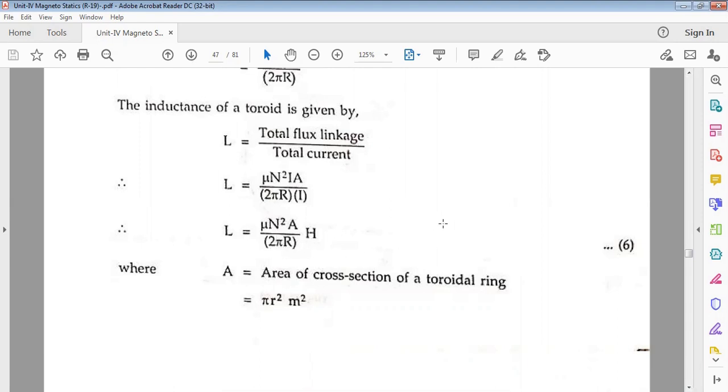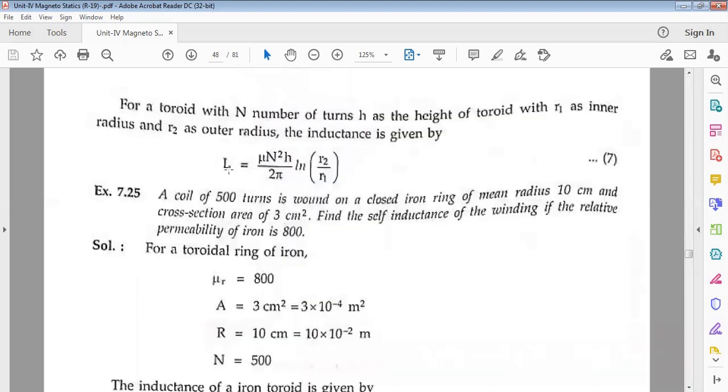Got it, my students? Previously, for the solenoid, L is equal to mu N square A by the L. Now for the toroid it is mu N square A by the 2 pi R. Got it, my students? For a toroid with N number of turns and height H, with R1 the inner radius and R2 the outer radius, the inductance is